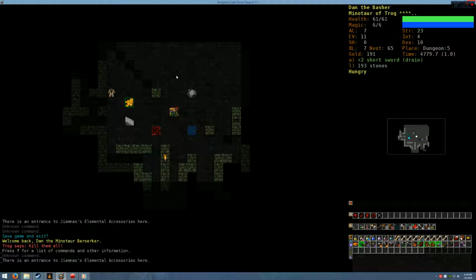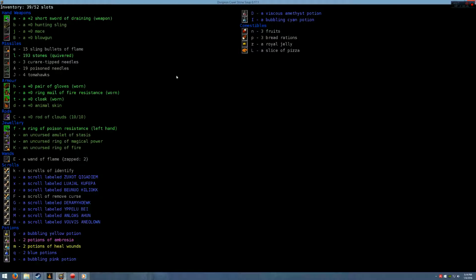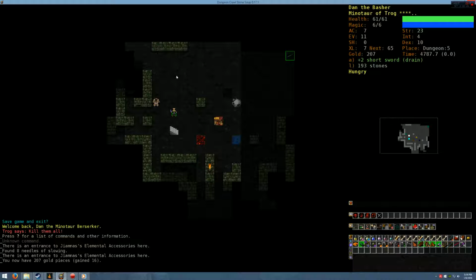Okay, let's continue our run here. Let me get a quick refresh of where we're at. We got the Rod of Clouds, a good emergency button. Oh, we got the Curare needles, very good. We got the sling. A lot of potions and scrolls that we need to...